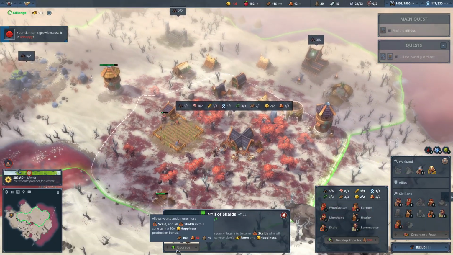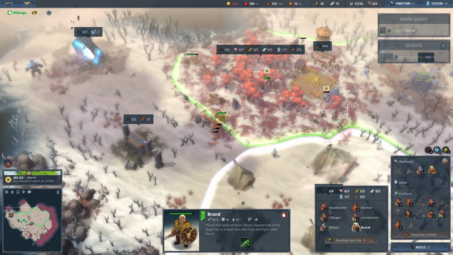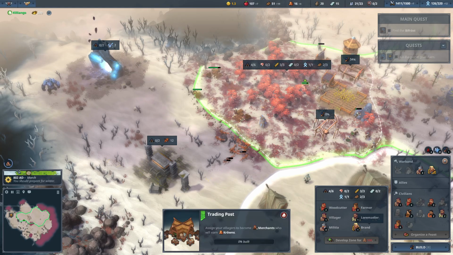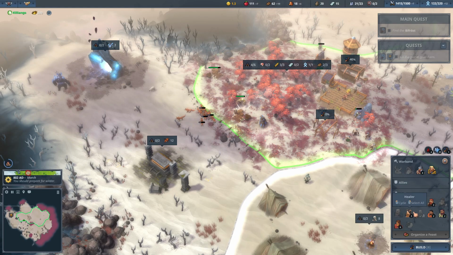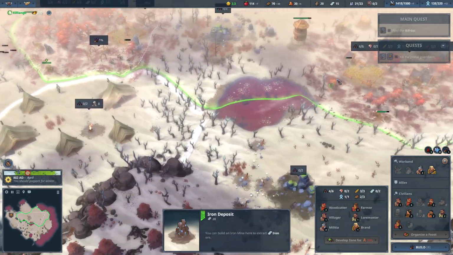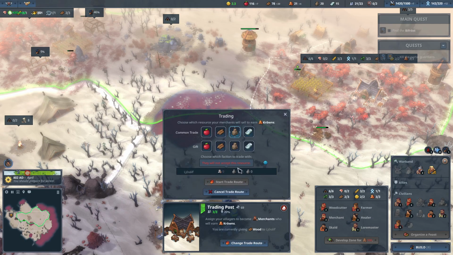I think upgrading this costs us gold, yes. Okay. Just gonna wait a little bit, I guess. Can set up a second market as well. Won't be able to make any tools without gold. What do these guys want from us? Can we trade you some actual resources for...